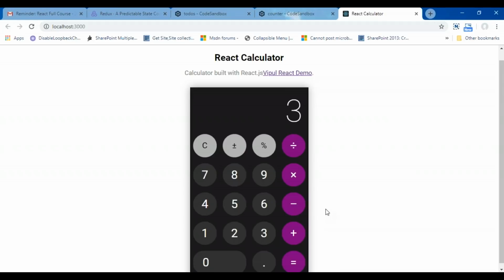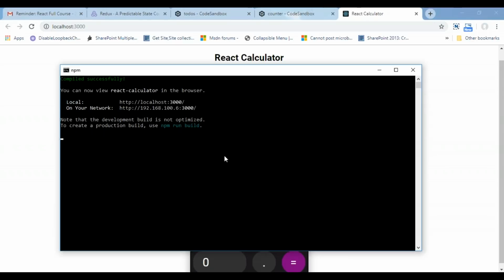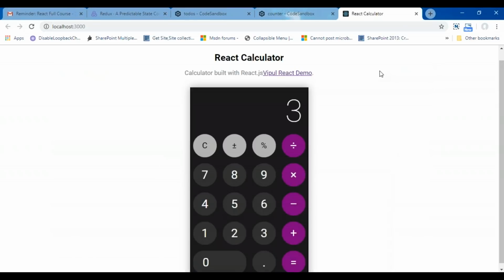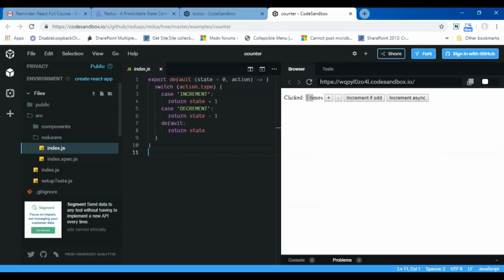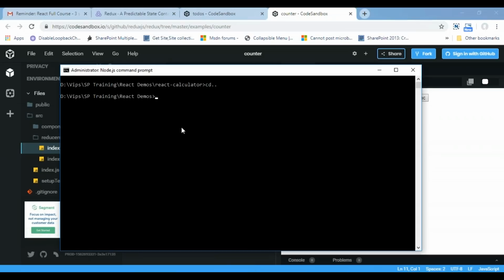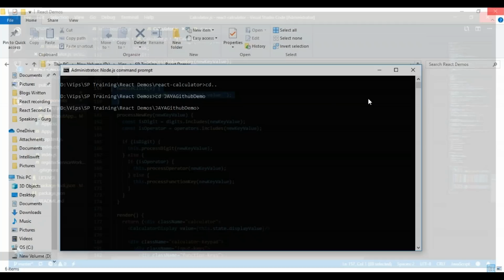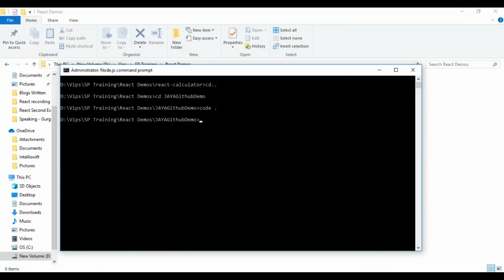You can even implement very big applications in React.js using the advanced concepts of React, that is Flux, Redux, routing, and so on. So very quickly, let me show you one more example. The same calculator example I want to show you, but the UI is totally different and based on a different component methodology. So let me close this, and I am opening another demo. Okay, so let's open this in Visual Studio Code.